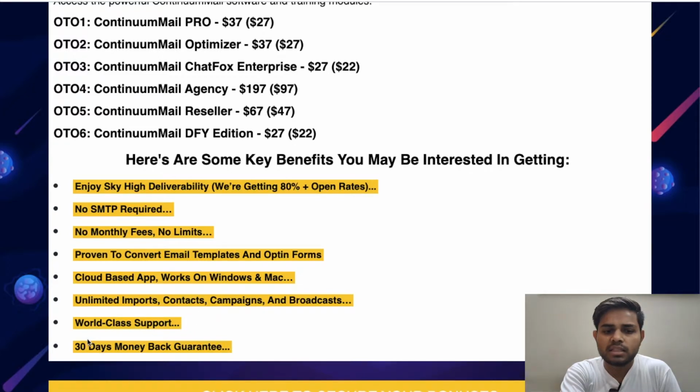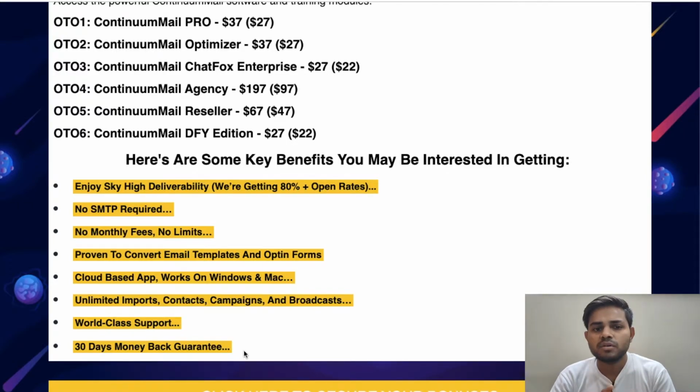And the last key benefit is guys, 30 days money back guarantee. So guys, if you think that this software is not working for you and you do not need it, then you can also refund this software and get your money back within 30 days guys.